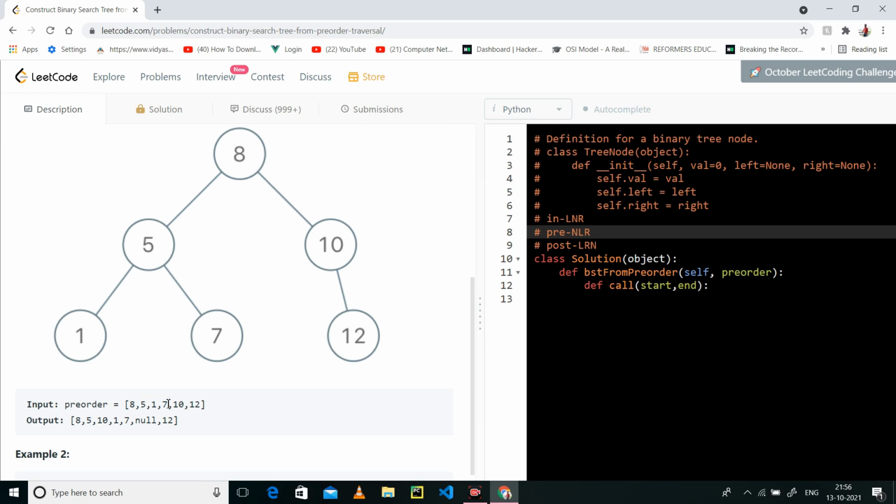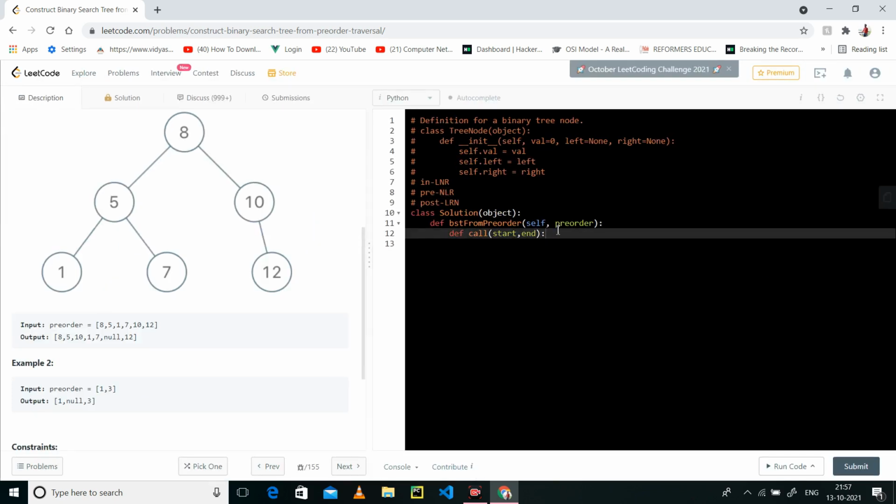So we will apply the same logic here. We will take it as root, we will take it as our new node of the binary tree, and we will see whether I am able to find a value that is greater than 8 or not. If it is, then we will again call recursion for this part, and this is my remaining part. So this is our left. So let's apply that one.